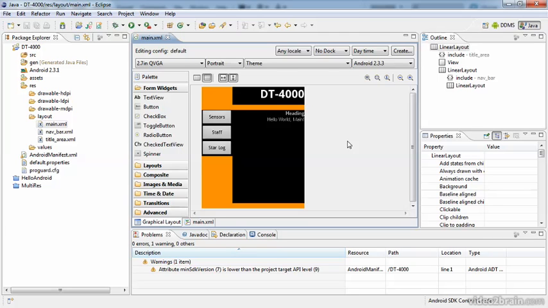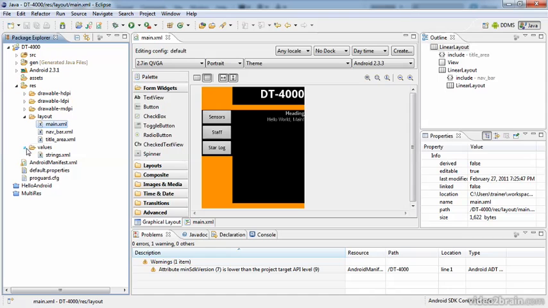In this video, we'll see how you can make use of resources to pull text and definitions out of your layout files and into a centralized location within the resource folder. This centralized location is the Values subfolder. When you create a project via the wizard, it already contains one file named strings.xml, and if you double-click on